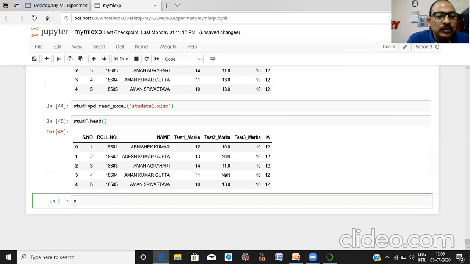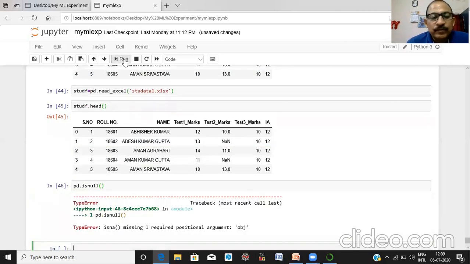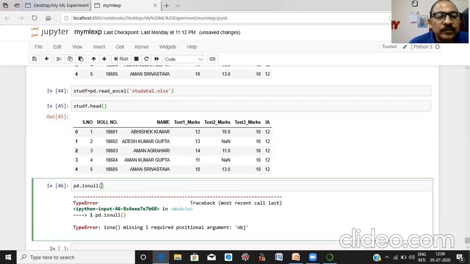For this, you have to call pd dot isnull. Here you have to specify your data frame.